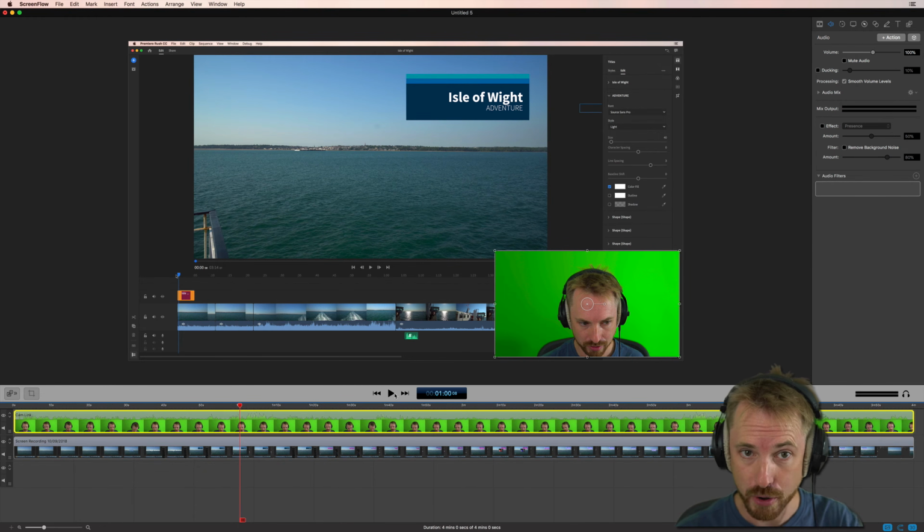You want to take it one step further? Get yourself a third-party plugin from a manufacturer like Waves or Isotope. These are third-party software companies, nothing to do with ScreenFlow, but they do integrate nicely into ScreenFlow if you install it on your Mac as an audio unit, AU for short. Once you've done that, you can access them in the audio filters section of your audio area